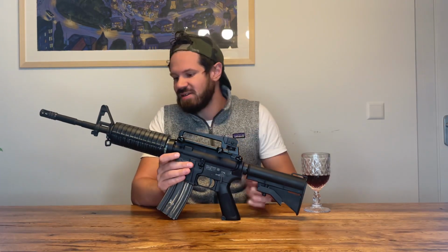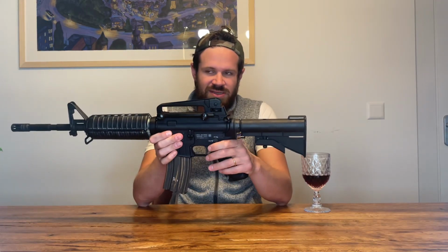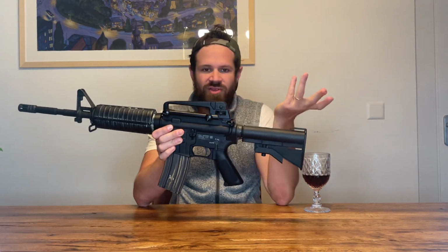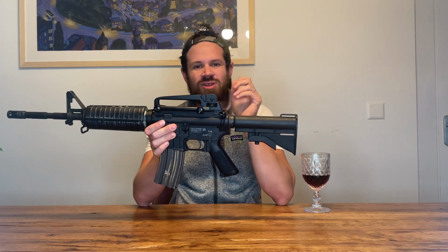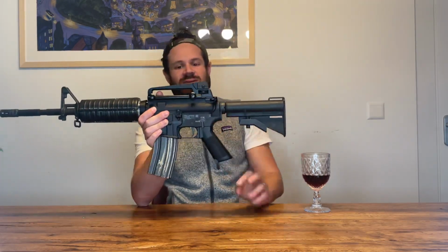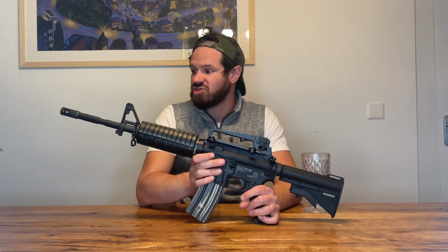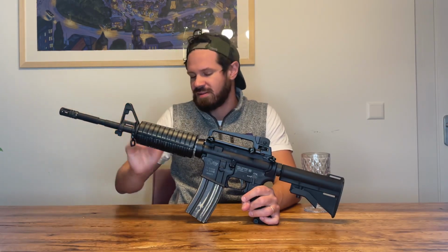But this one specifically is not that hard, but I think the cool factor is there because everyone thinks that it's so out of the box and so standard. They didn't even invest some time into really looking a bit beyond, okay? Because a normal 14.5-inch, if at all, maybe with the pinned flash guard, is already longer than 14.5-inch like in the military. So the barrel is already not so